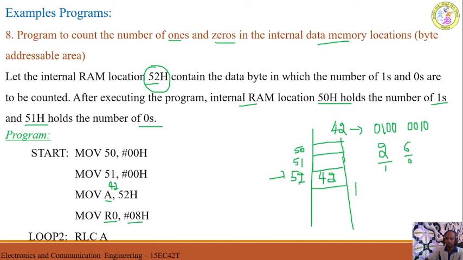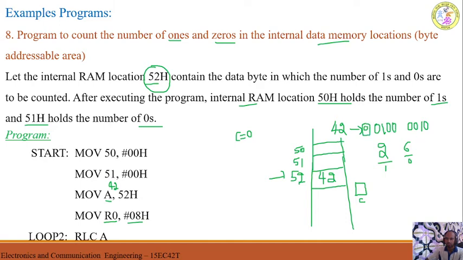Now let us assume that this is the carry flag we have here. The carry flag is there, and all these data bits will be rotated left by 1 time. Whatever the initial status of the carry, we shall assume the initial carry status as 0. So I will write the carry status here, 0.